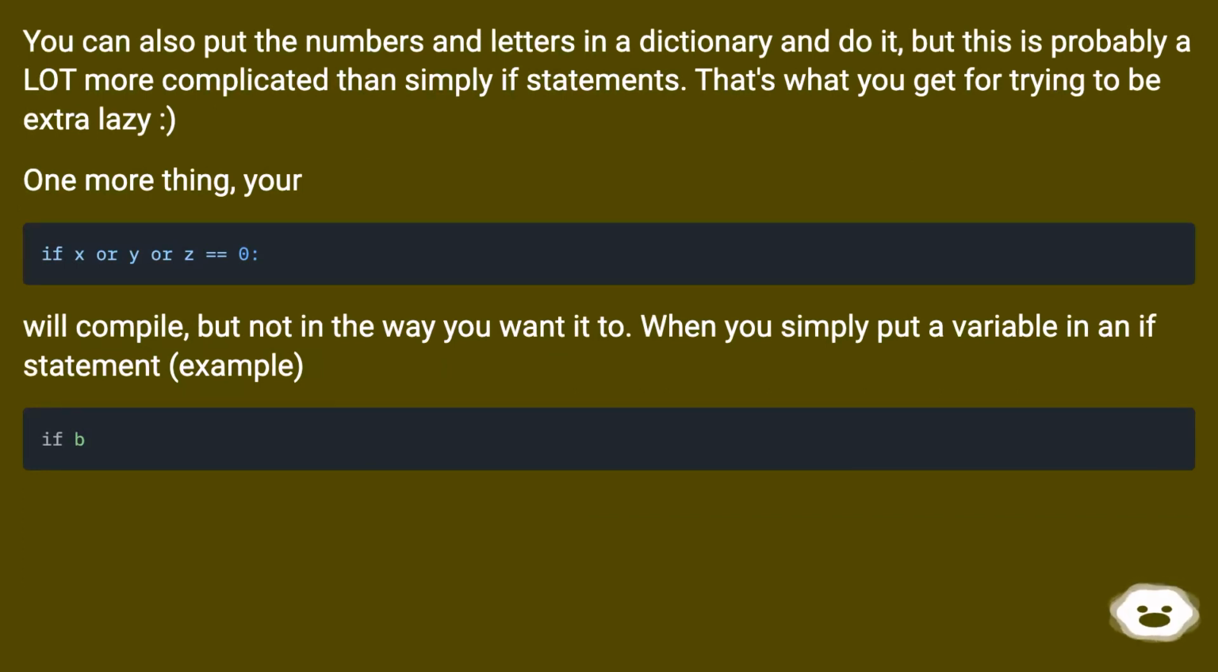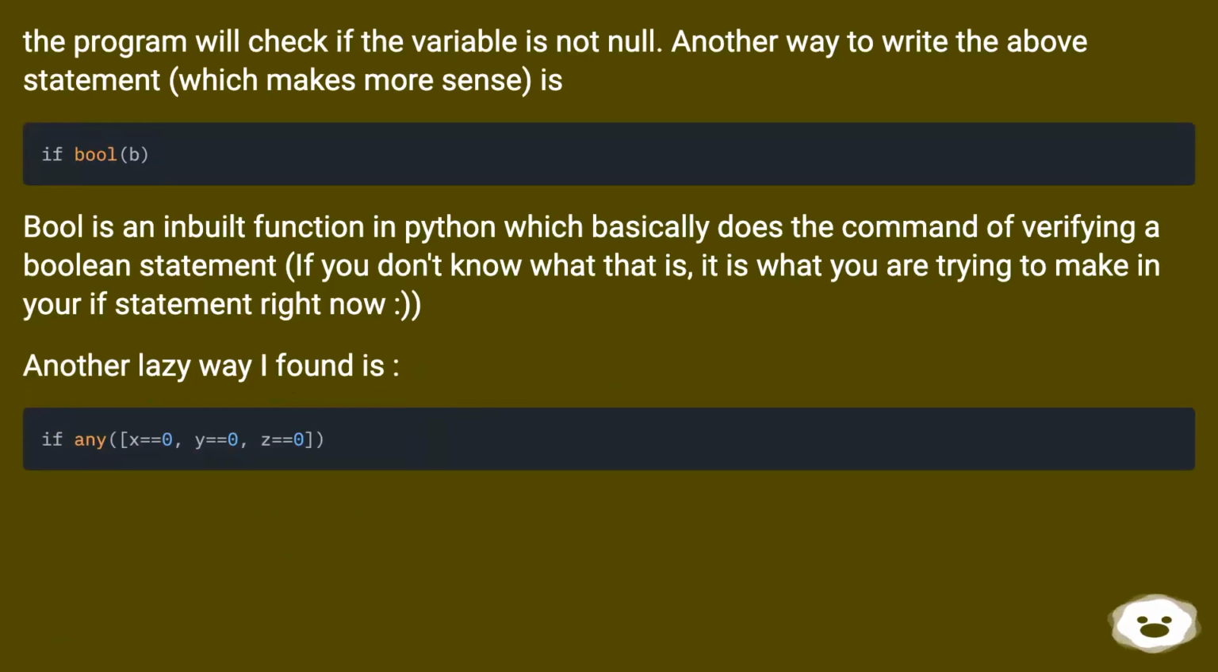Smile. One more thing, your code will compile, but not in the way you want it to. When you simply put a variable in an if statement, for example, the program will check if the variable is not null. Another way to write the above statement, which makes more sense, is bool is an inbuilt function in Python which basically does the command of verifying a boolean statement. If you don't know what that is, it is what you are trying to make in your if statement right now, smiles. Another lazy way I found is